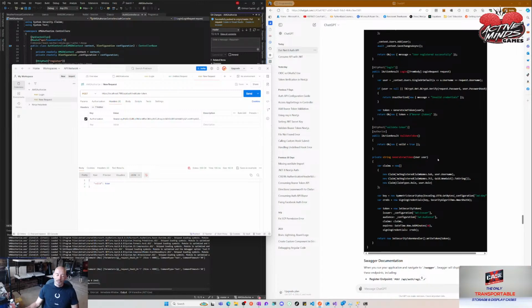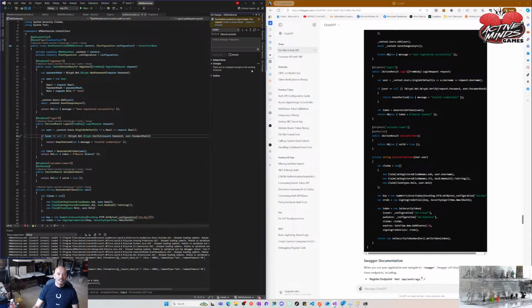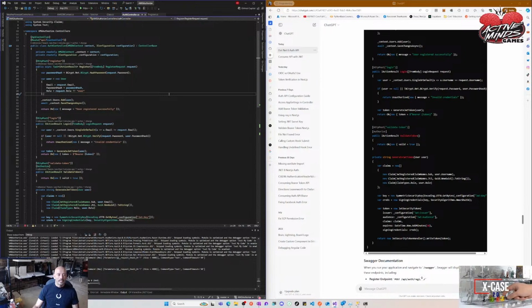But I did get this working, and it's 4 o'clock, and yay. Now I just have to get my validate token called from my React and see if my React can still call this as is. But it's Friday, so I'm going to call it for now. And hey, it's done. We've got a functional JWT bearer token. We're able to validate the token, and now we just need to